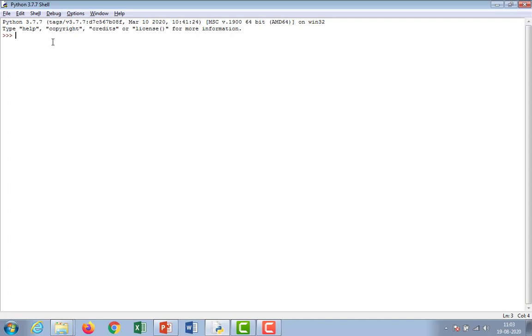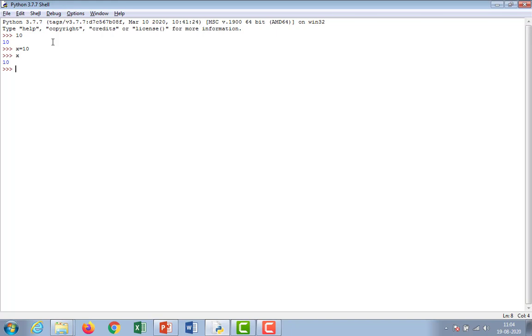Now if we want to print a decimal number, no problem, you directly give 10, and the output will be 10. X is equal to 10, enter, then type X, enter, the output is 10. No need of a print statement also. Such a facility is only given by Python. In C language, if you want to print anything, you must give a printf statement, but in Python there is no need.